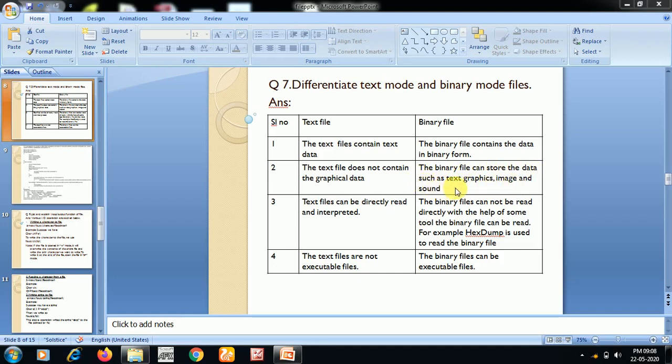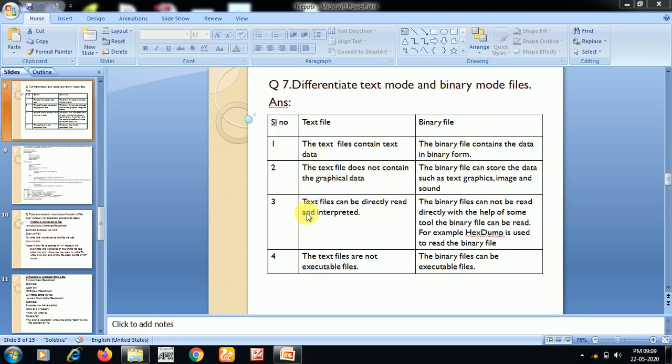Means binary files, compared to the text file, store all kinds of data where you can store pictures, photos, images or some pictorial representations. Even you can store sound in binary files.